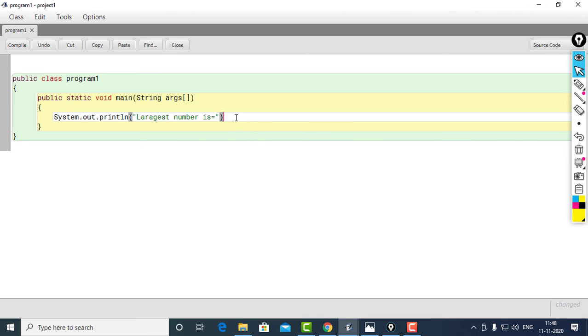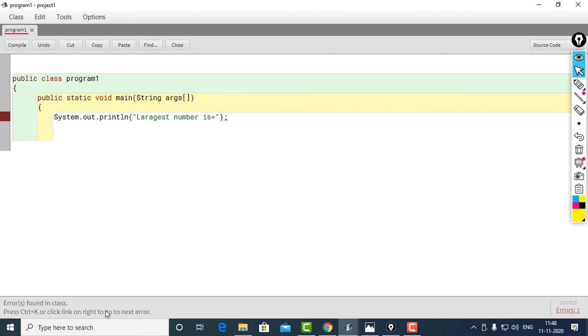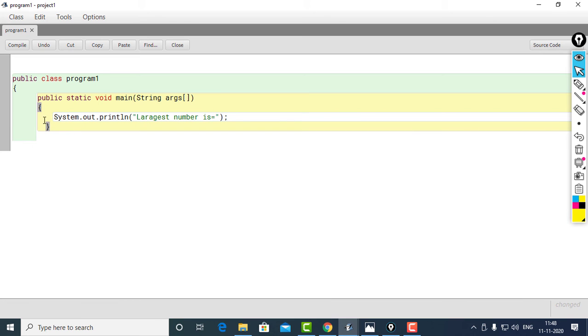So I am going to compile this one. So we can compile, because I have closed all the braces. See, if I am not closing these braces, what will happen? I cannot compile. It will show error messages. That's why I recommend to close all the opened braces in the beginning already. So what is the advantage? You can compile and execute whatever you have written. So up to this code there is no error.